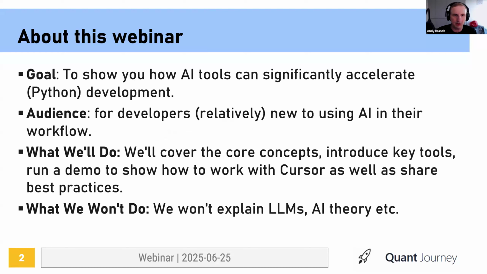And what we'll be talking about is how we can significantly accelerate Python development. I'm putting Python in brackets because it applies to most popular languages. And I will expand on that a bit later. But we'll focus on Python because Python is the language of choice, both for AI and machine learning and for quant and finance. And I assume you are not very experienced at this. If you are, we have the luxury of having a very small audience, which means we can adjust to whatever you want.